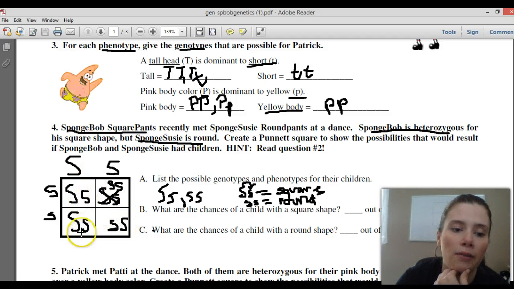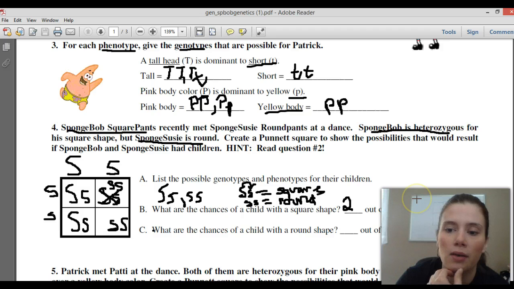Well, we would have 2 quarters here. So it's 2 out of 4. That would be square shape. That would be 50%. What are the chances of round shape? We have little s, 2 right here, 2 out of 4, 50%. And if it asks for a ratio